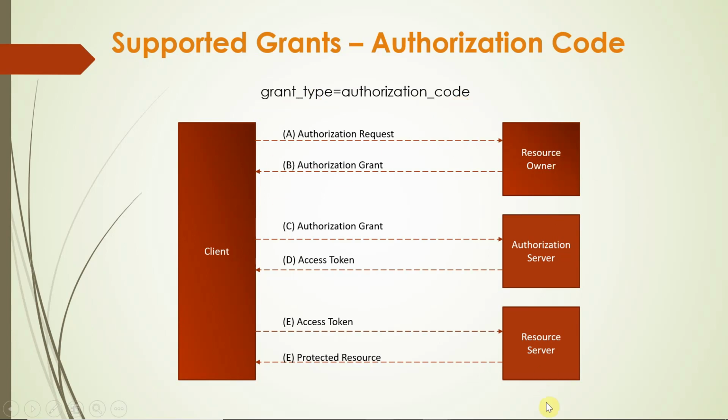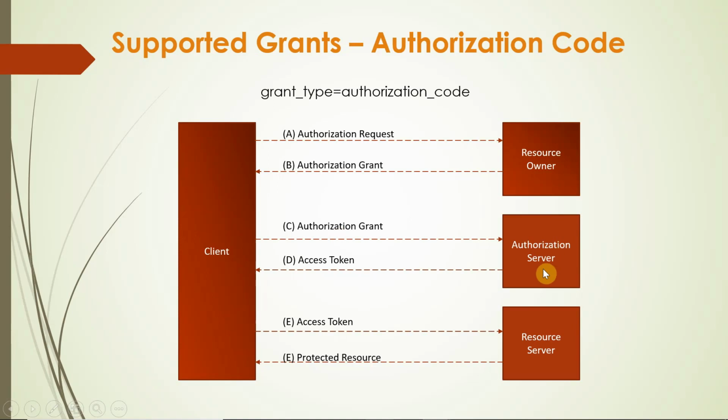Here three different parties are involved: the resource owner, the authorization server, and the resource server. The resource owner is the one who owns the resource. The authorization server and resource server are going to be AEM. The client is any third-party app or client that needs access to the protected resources from the resource server, owned by the resource owner. The first request is for authorizing the request from the resource owner. If the resource owner authorizes the request, they will provide an authorization grant.